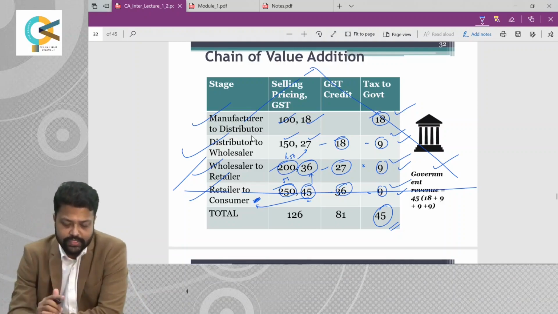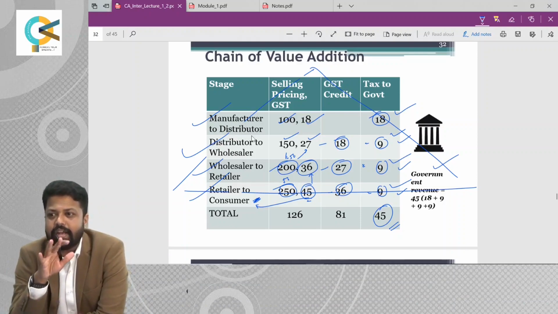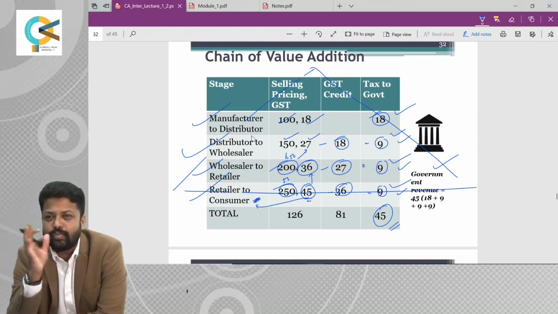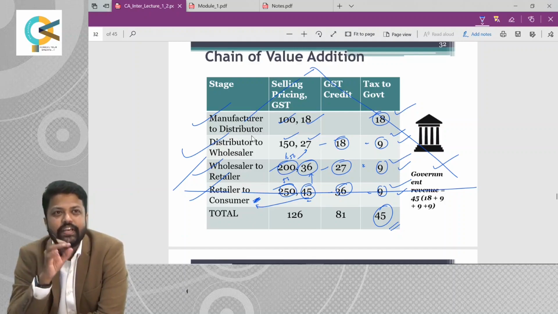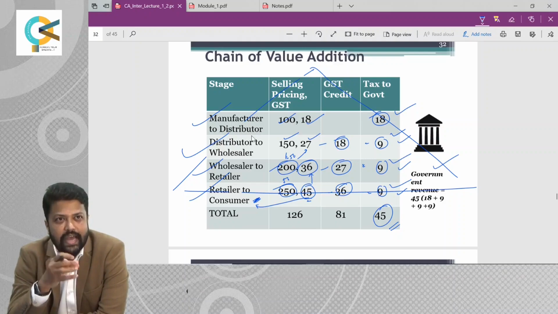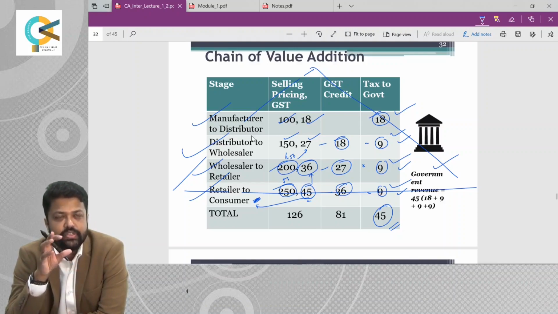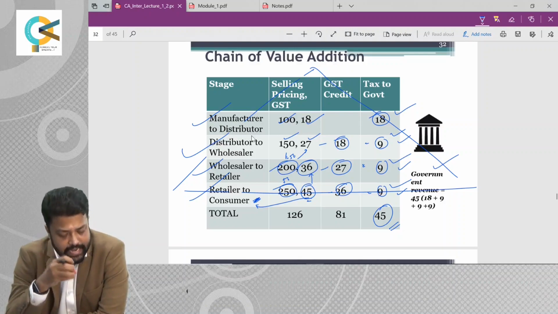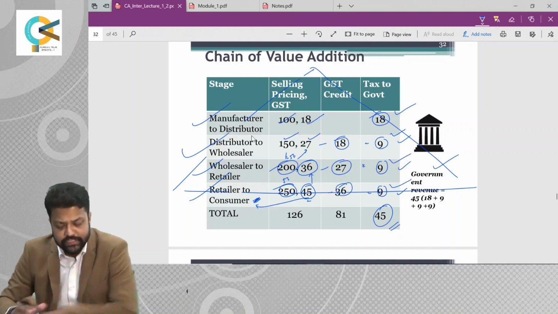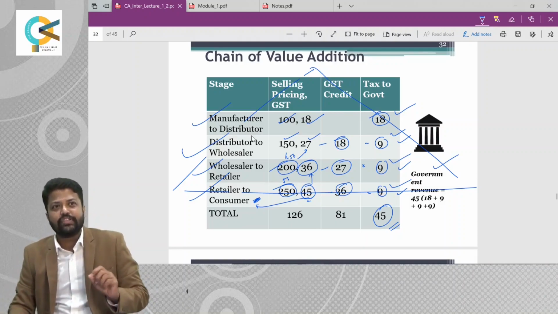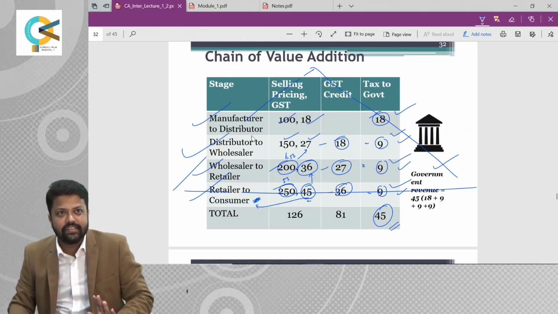The answer to this question is, whether it is practically possible for the government to go to every person and check what they have consumed, how much toothbrush they have taken, how much toothpaste, how much grocery, how many shoes, how many clothes, how much stuff, who has taken a car, and then to tax them individually and collect the taxes? The answer is no. So this is a practical solution to the problem of collection of taxes, and hence there is a chain in place. So this chain ensures that none of the consumed items go untaxed.